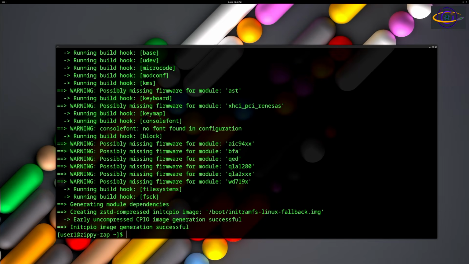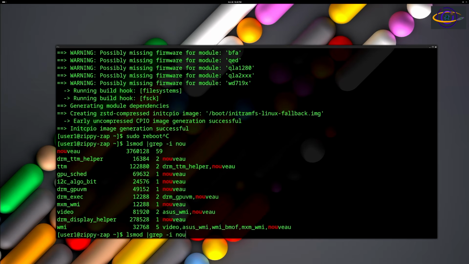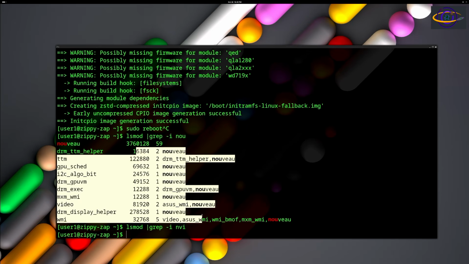And there we go. So now that we've installed that, we're going to reboot the system. So let's just bounce the system. Then we're going to bring it up and verify that it was installed. Before we do that, I do want to check one thing: lsmod | grep -i nou. So nouveau is still there, and nvidia is not there. So once we bounce it, the nouveau driver is going to be removed or just disabled, and the proprietary driver will be there. So sudo reboot,